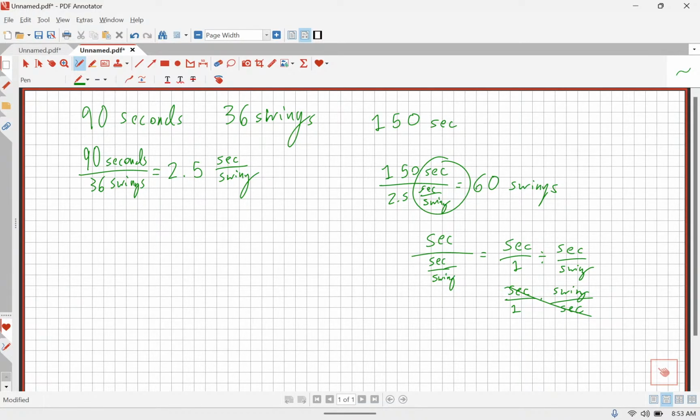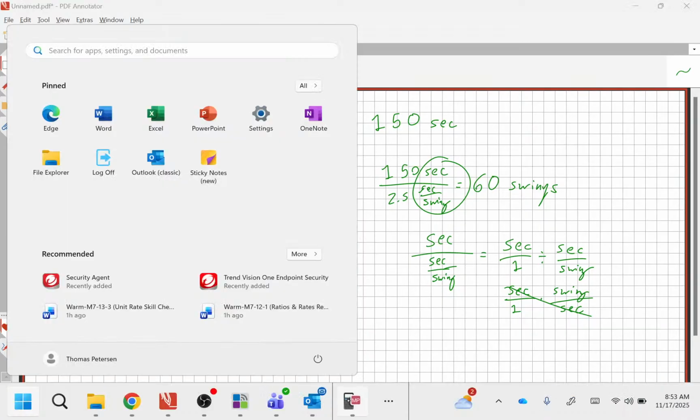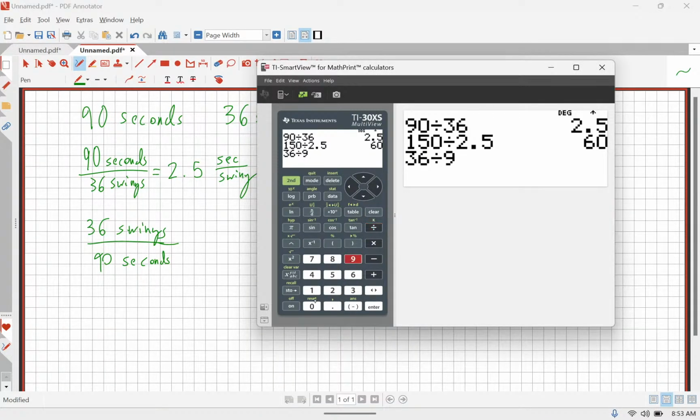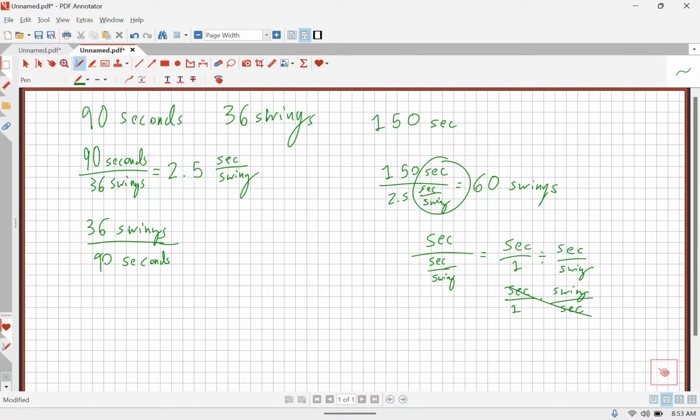Perfect. Did anybody get a different unit rate? Melissa, what did you do when you were getting the unit rate? So 36 swings divided by 90 seconds, because I think that technically that's what the warm-up was asking for, swings per second, but that's okay. You got the same answer, and that's all right. This is good to talk about. And then 36 divided by 90 is 0.4. So 0.4